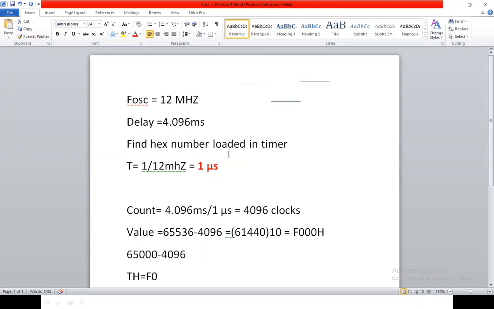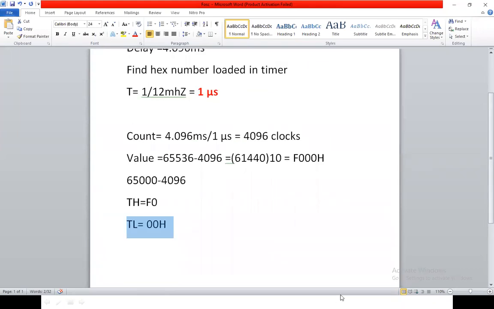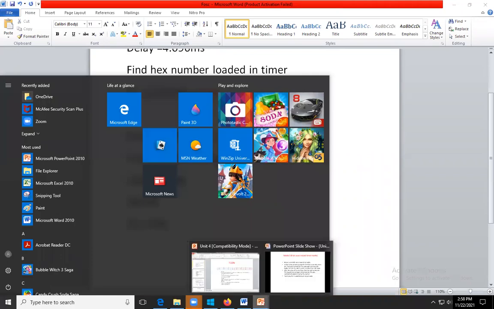You have to convert the decimal into hex, and you will get the value F000. The higher byte F0 is transferred to TH, and 00 is the lower byte, transferred to TL. So this is the calculation of your timer 0.